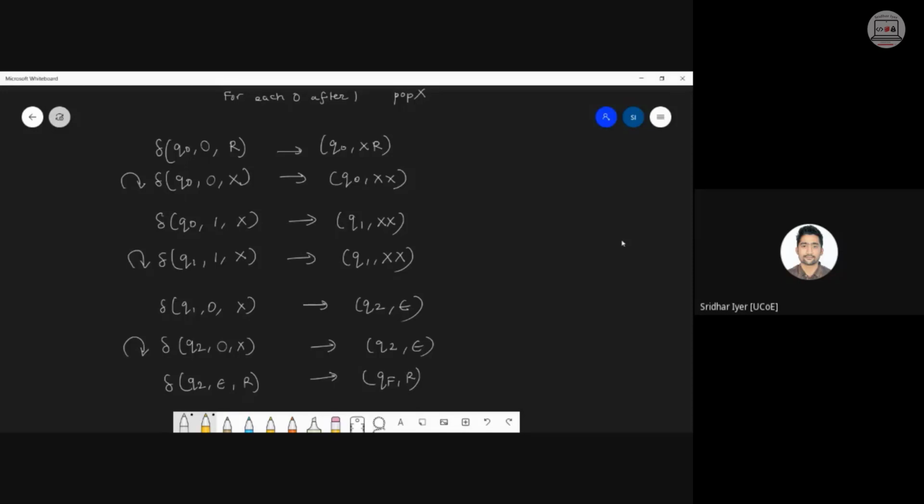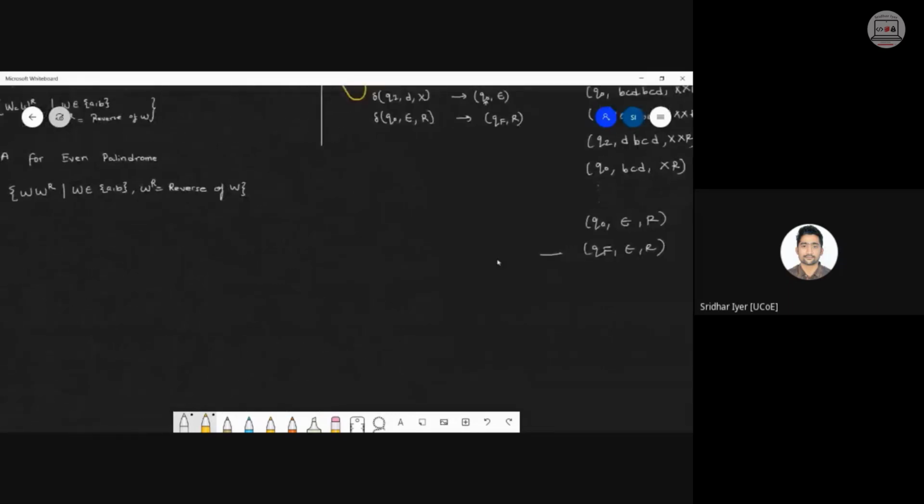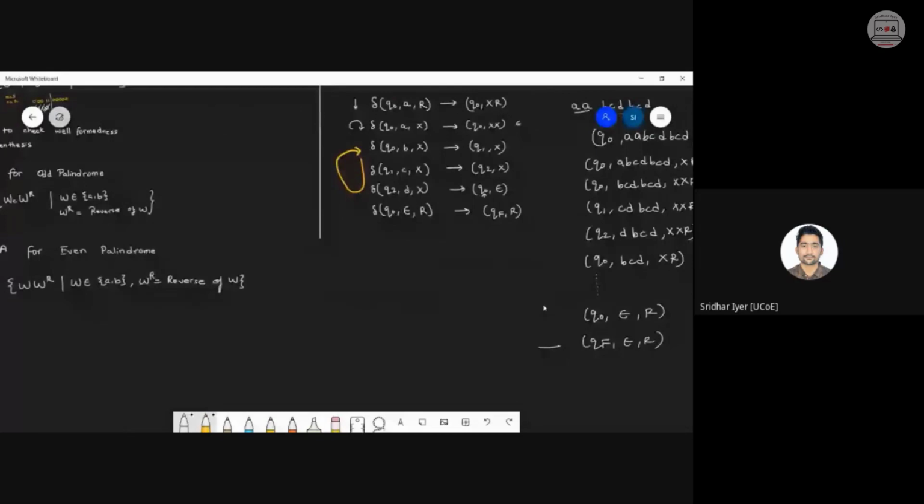Am I clear? Whenever such a thing happens, it's always better to have separate states just to avoid any confusion. If you are able to solve the problem with q1 by doing a simulation based on it, then kindly let us know. If the simulation works properly, then we'll think of such logic also. But I guess there might be confusions. You will have ambiguity about which state to go to. If you are able to do it, well and good. Kindly let us know, and we will discuss it in the next lecture. For the time being, let's stick with the logic that we have in hand.